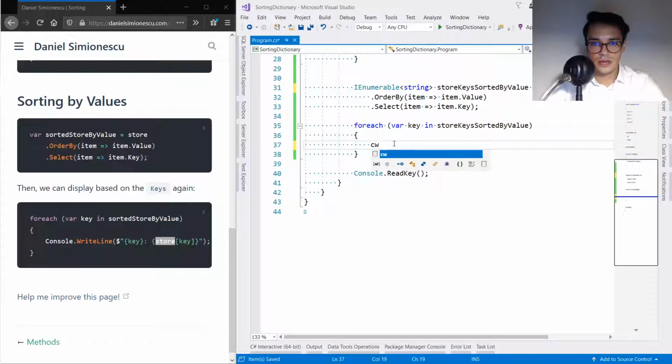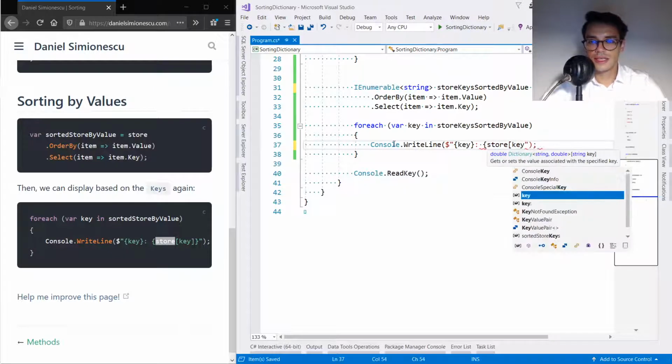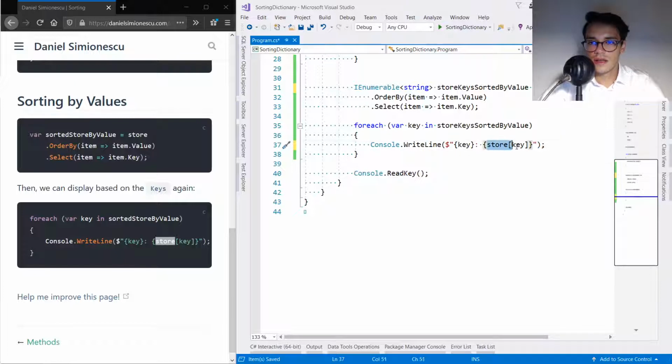So CW tab, and we are going to print out to the screen that specific key. So we have key, colon, and then store, and then key. And this is going to extract the value out of that dictionary based on the key that I'm providing. If I'm going to save this and run this, you are going to see